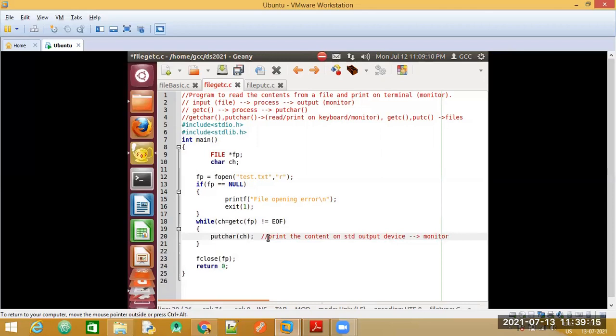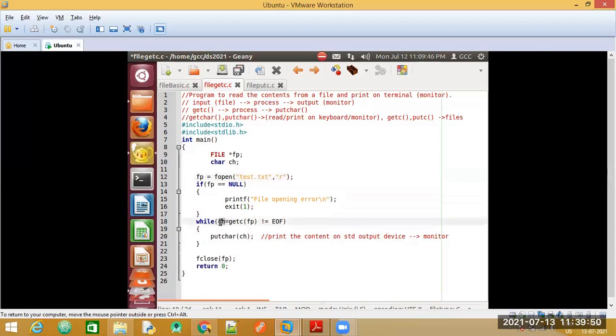Now, once again, I will repeat this particular program. We have declared a file pointer. We have declared another variable ch. The first thing we need to do once we have declared a file pointer is to open the file. So this set of statements checks whether there is an error with opening the file and prompts the user. If the file has opened successfully, we make use of the while loop, and we are trying to store the characters one by one from the file test.txt